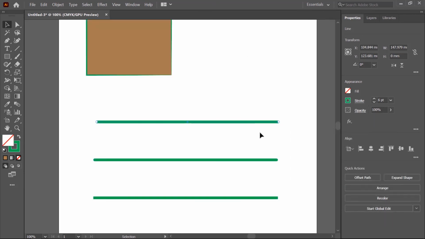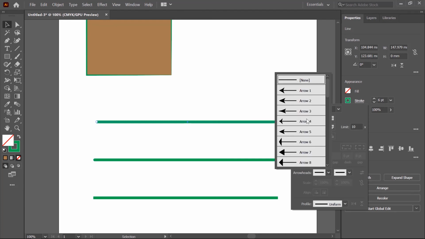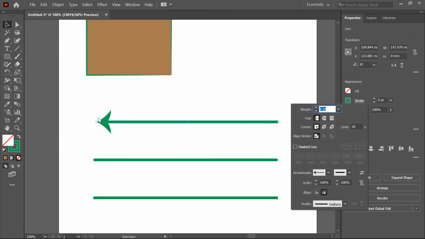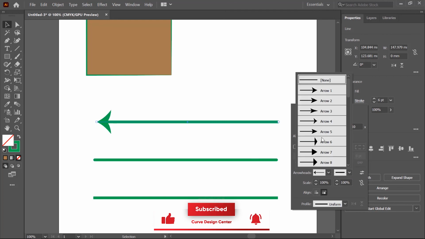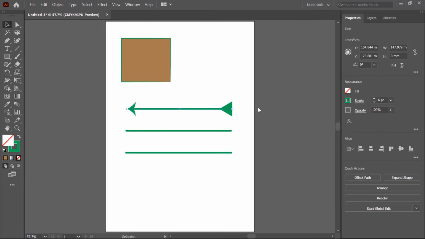Now I select a line and then click on the stroke and apply a stroke head. I apply arrow 4. Arrowhead shape is applied on the start point and I end with this shape. So by using these arrowhead shapes, you can create annotation lines. So it's all about stroke